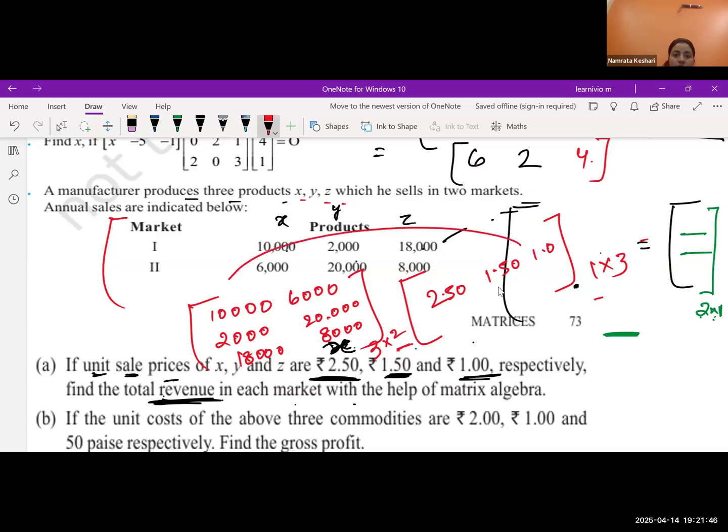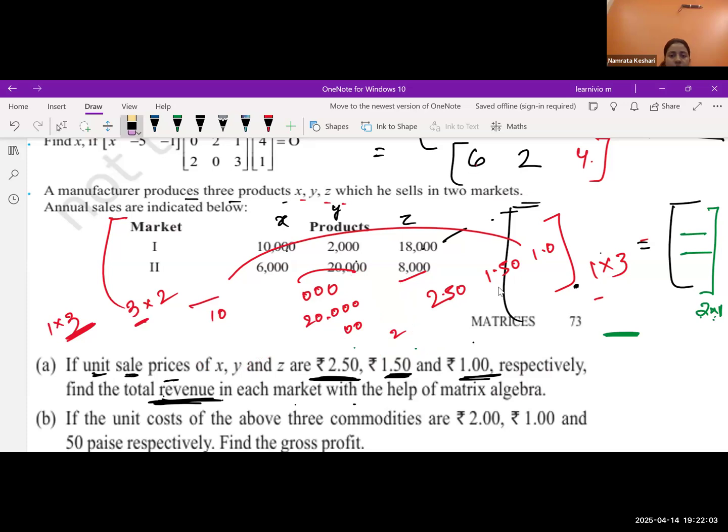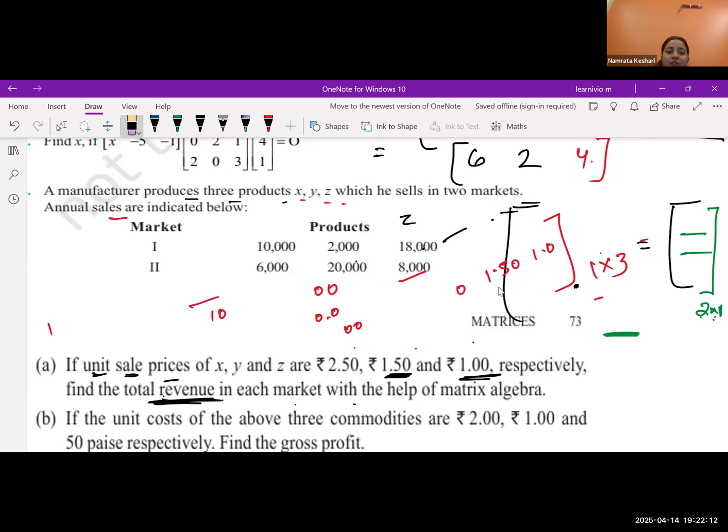If I take this one in front and this one, yes, look, we will multiply like this. Okay, still we are going to get 1/2. Just a moment now. Am I making any mistake? Okay, total revenue in each market, and we have only two markets,